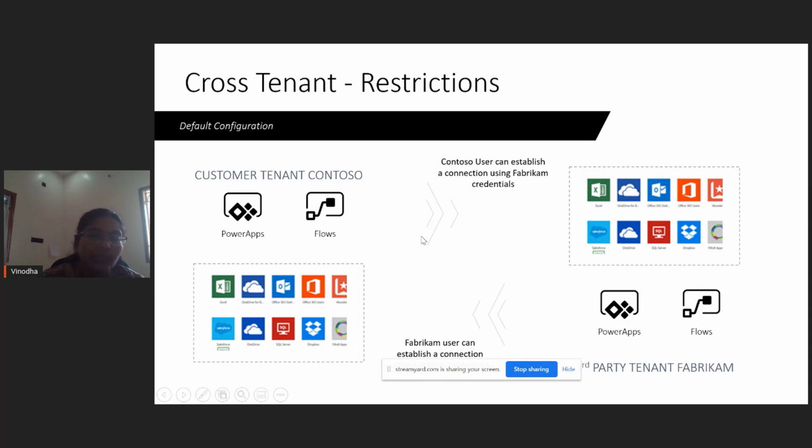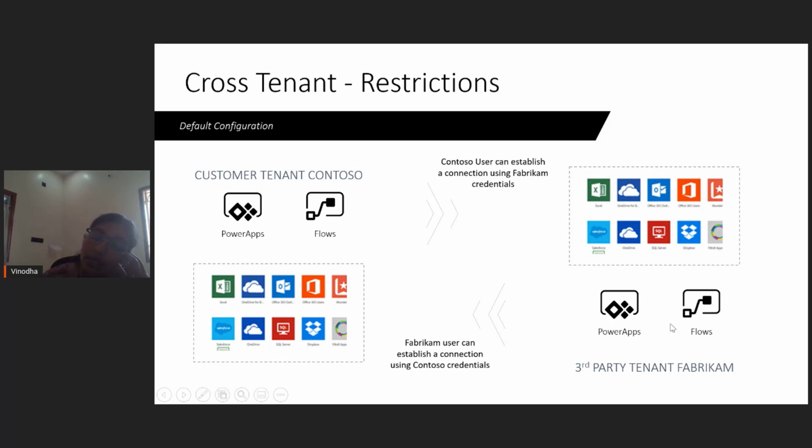Consider you have two organizations, one is Contoso and the other is Fabrikam. By default, the Contoso users can establish connections using the Fabrikam credentials, and also the Fabrikam users can establish connections using the Contoso credentials. So both the inbound and outbound connections are allowed by the default configuration.